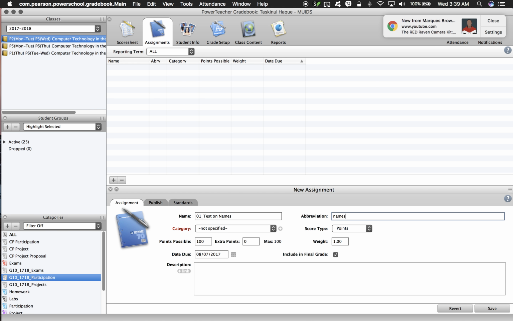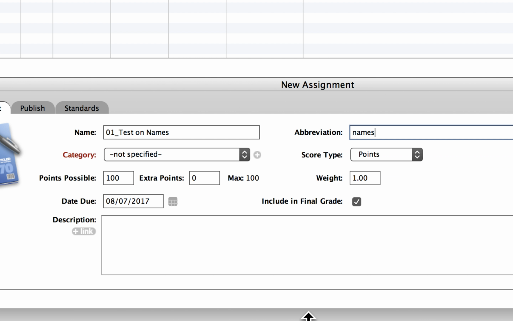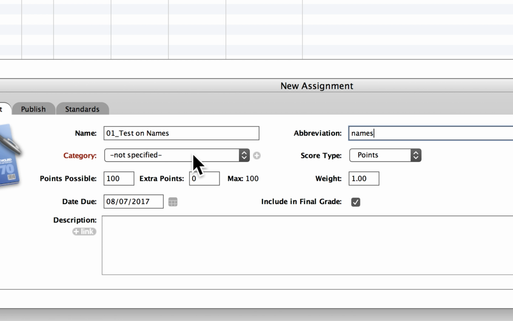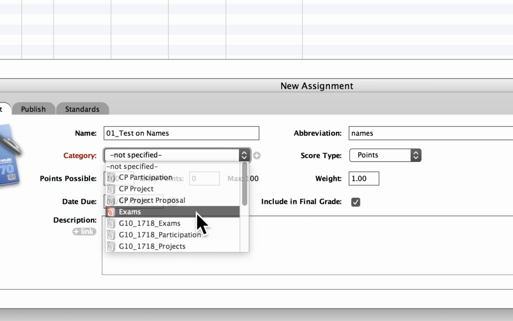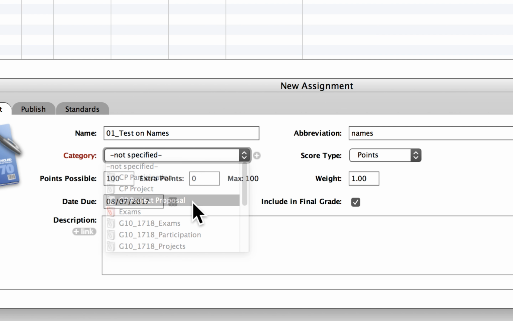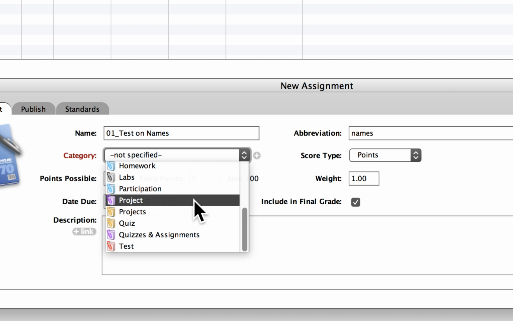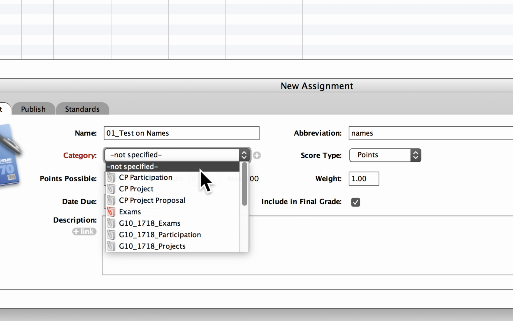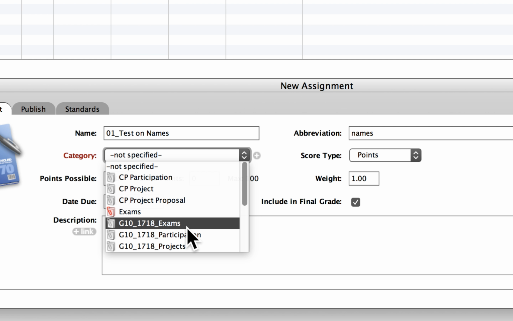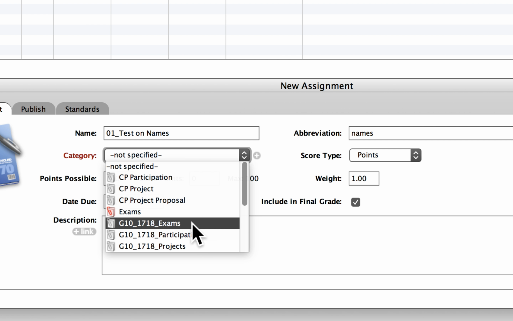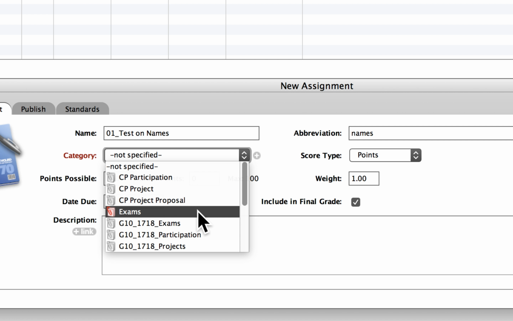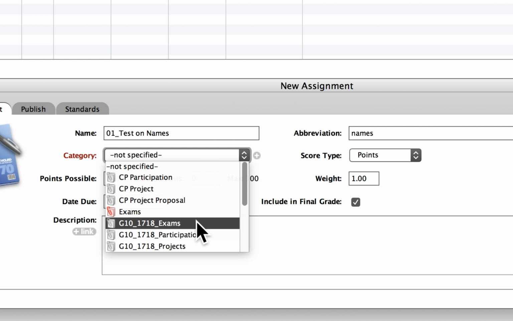Now, here's the part that gets important. Now what you want to do is, for each of your assignments that you created, you want to select a category for it. And you can see that you can select categories that you have created before as well. Now, you want to make sure that you use an appropriate category, a category that you've selected in the grade setup. So for example, this is a test on names, so I'm just going to put it under the exams